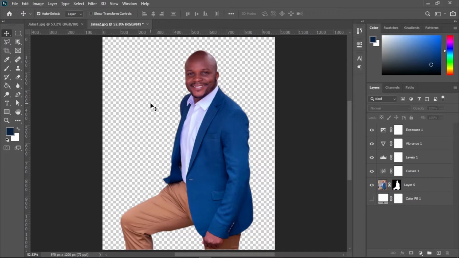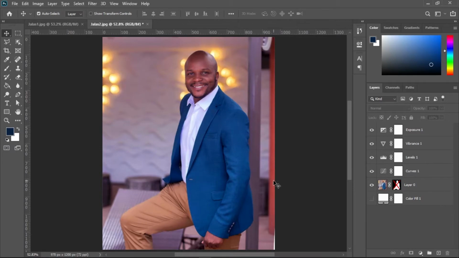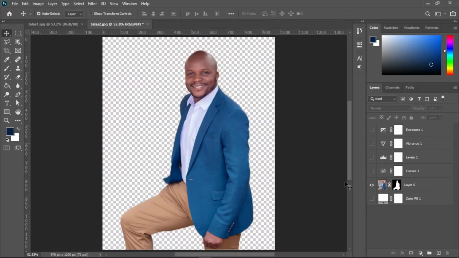So my friend, the first thing I did was to remove the background. So this was the before when it had the background. And my friend, I've also added some adjustment layers to just put some filters on it. So this was the image that I downloaded from the internet. So my friend, what I did was to remove the background just like that,